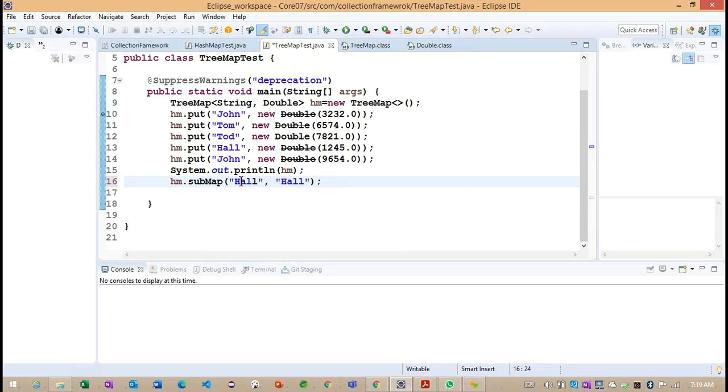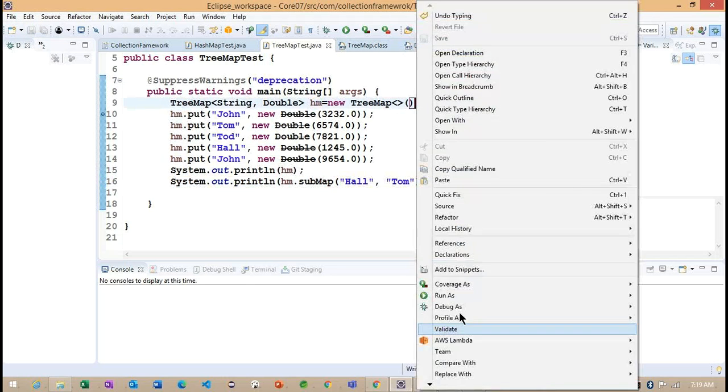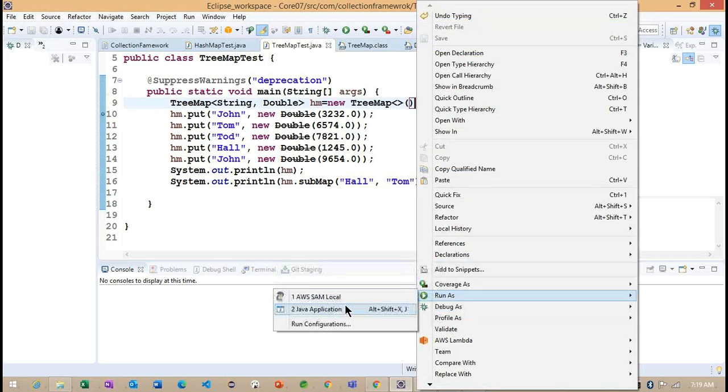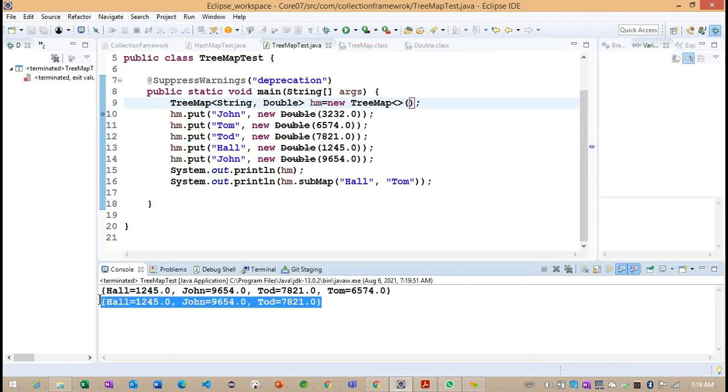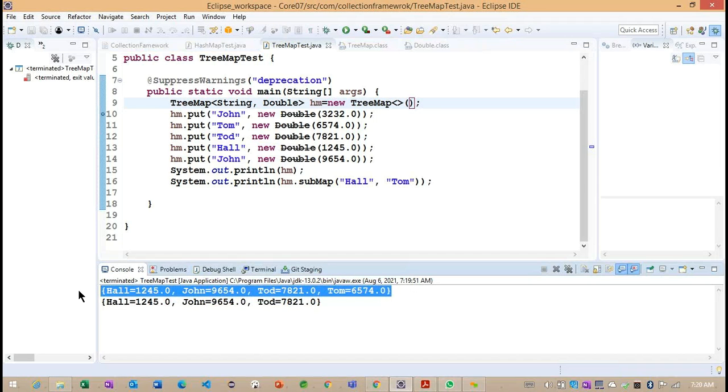Now here, Hall and Tom. Observe, this is our subMap we are getting, and this is our original map, right?